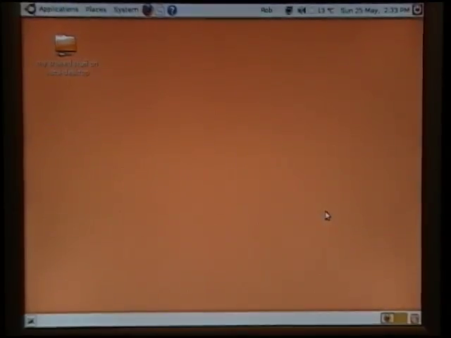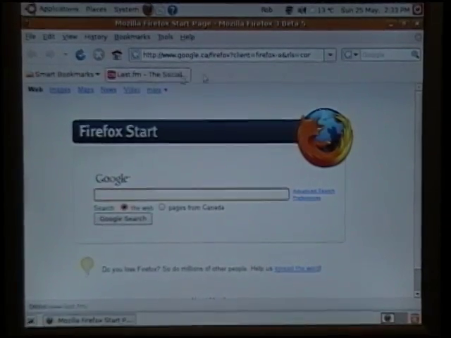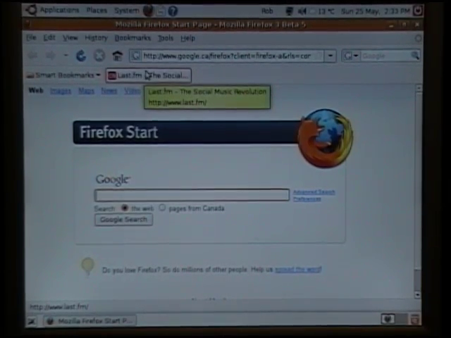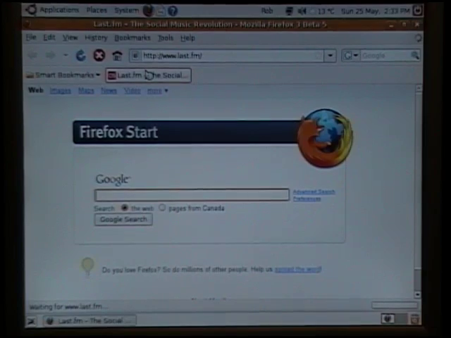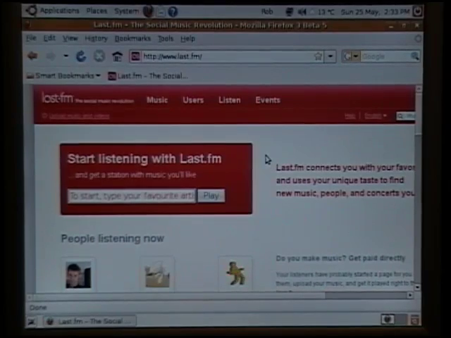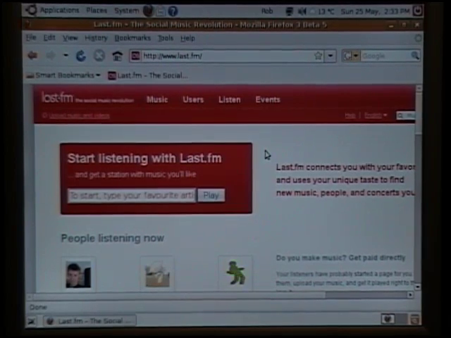So the first thing we want to do here is open up our Firefox web browser on the Ubuntu desktop. I already have it bookmarked here. It's just www.last.fm. I used to go to www.last.fm.com, and of course that didn't work so well. I'll put a link in the show notes at mscgizcast.com,